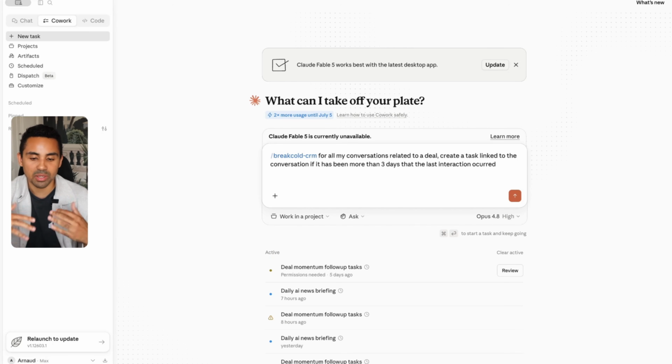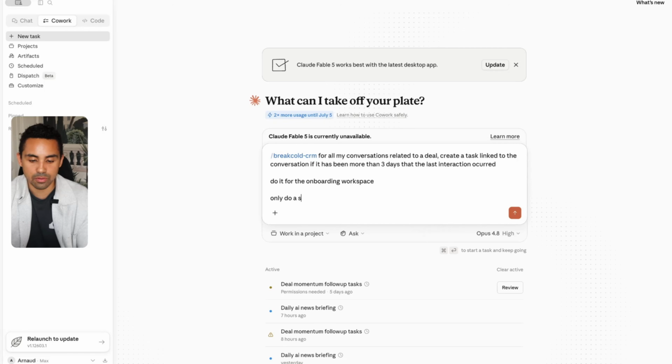And just for me, because I have multiple workspaces, I will say do it for the onboarding workspace. So you don't have to do this one, it's just for me. Only do a small batch first for 5